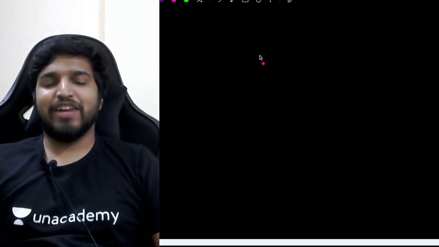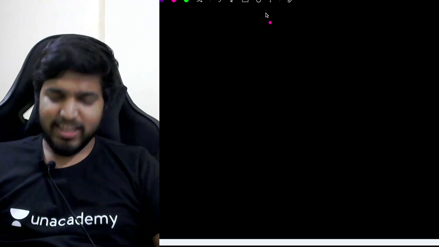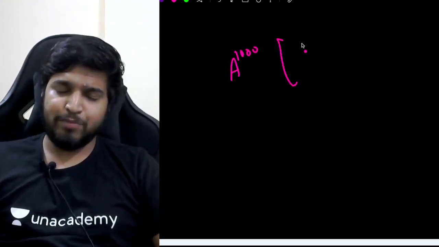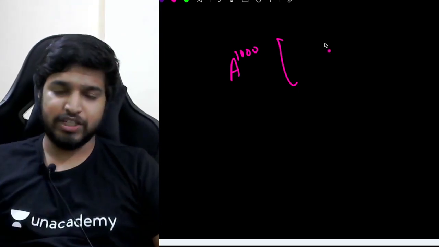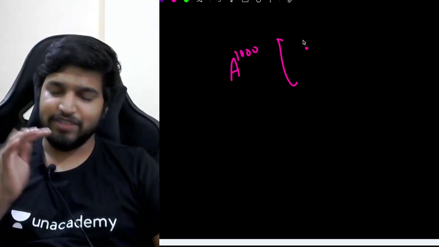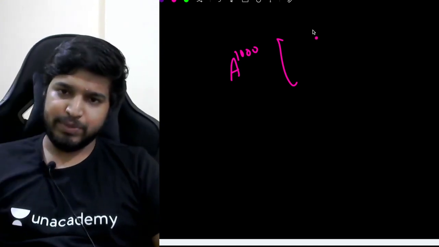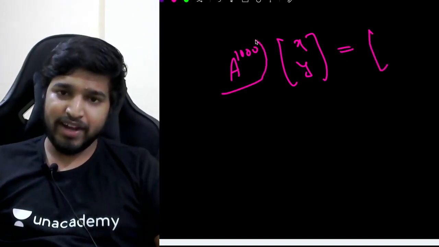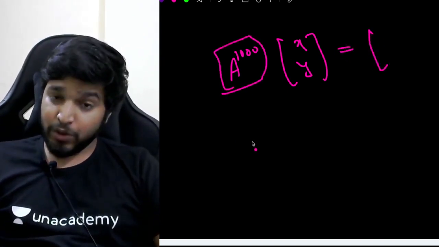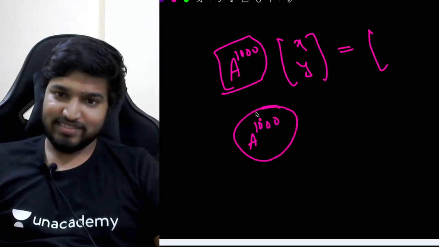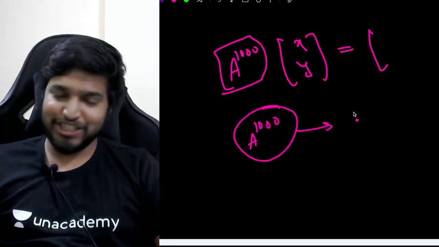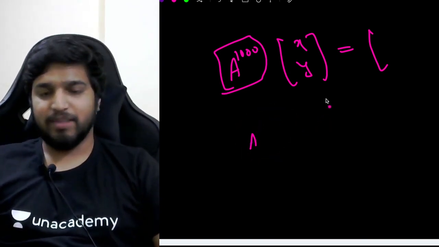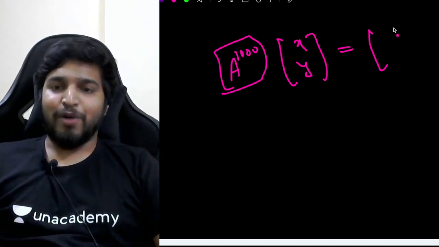So if the question asks you to transform it 1,000 times, it is as good as A power 1,000 into that point, applying that matrix on that point. We saw what applying a matrix on that point means. It's just matrix multiplication. Write that point as a matrix, which is xy, and then you get a new point. You calculate A to the power 100, A to the power 1,000. We know how to calculate a matrix power 1,000, right? Binary exponentiation. As good as that. Matrix exponentiation, you can call it anything. Up to you. You get a new point,